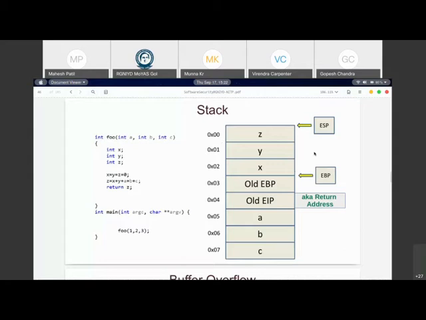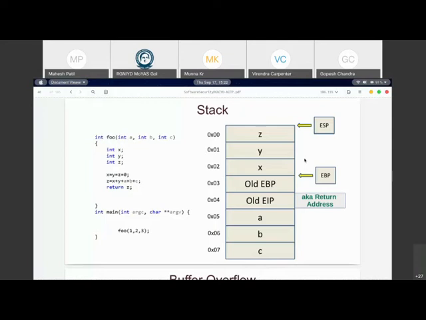Whenever you call a function, a stack frame is created. Whenever you return from a function, a stack frame is deleted. So essentially what we have to remember here is when we call a function, the arguments to that function are put in the reverse order onto the stack. Then it holds the return address onto the stack, which is nothing but where it has to return back. Then it stores the base pointer of the main function followed by the arguments and local variables. So here x, y, z are local variables too. This whole thing is the stack frame actually.